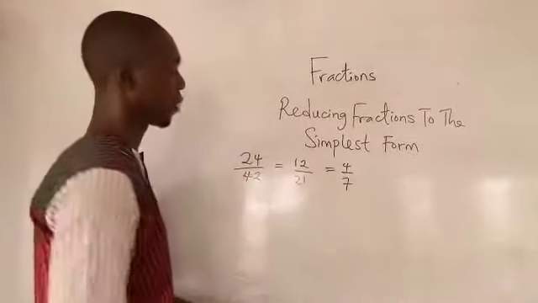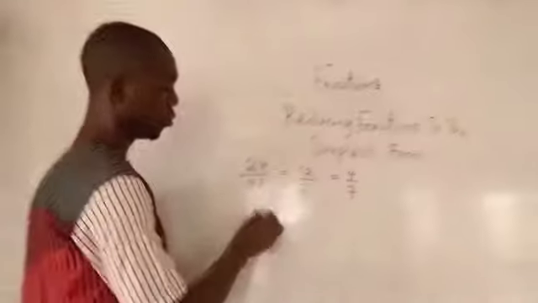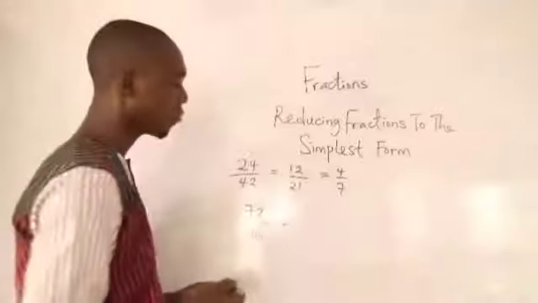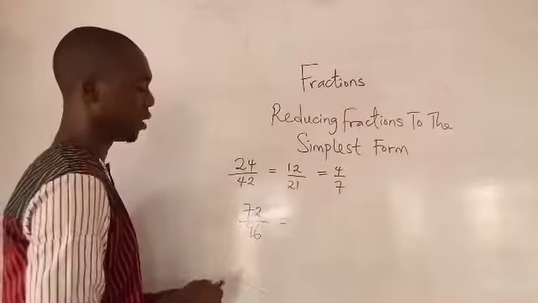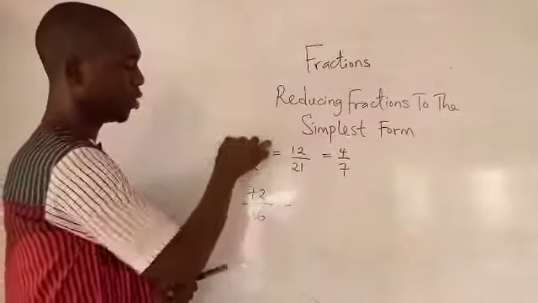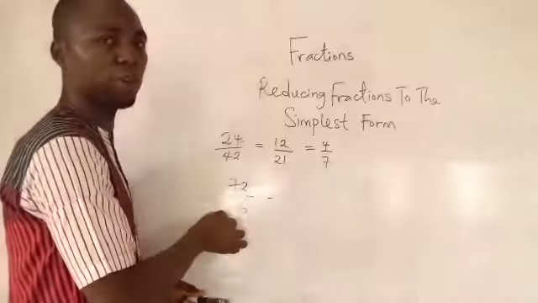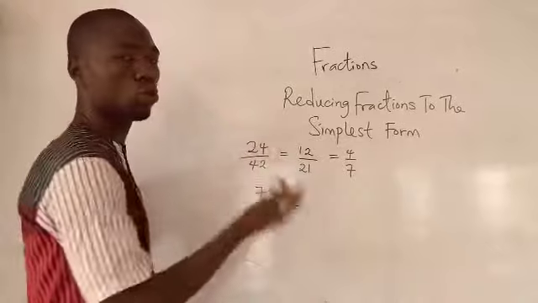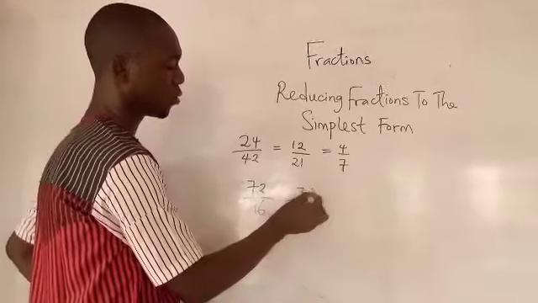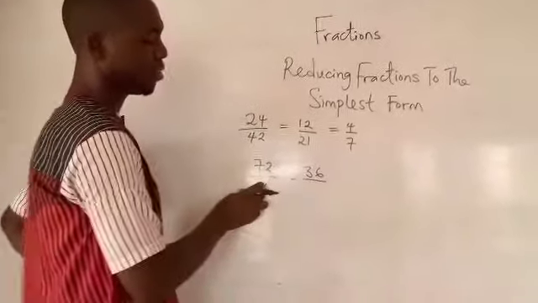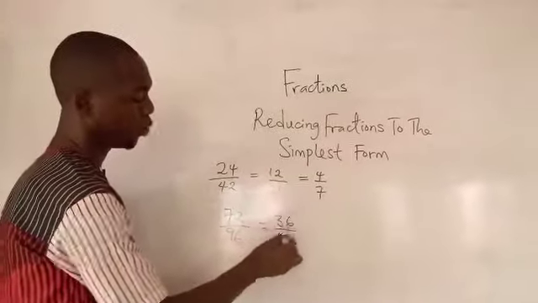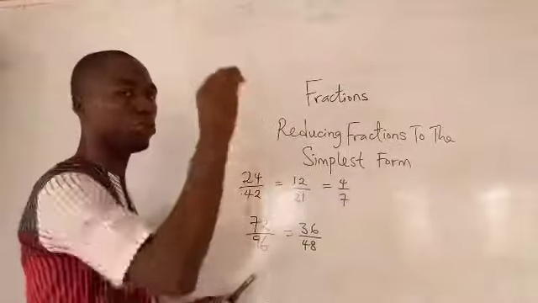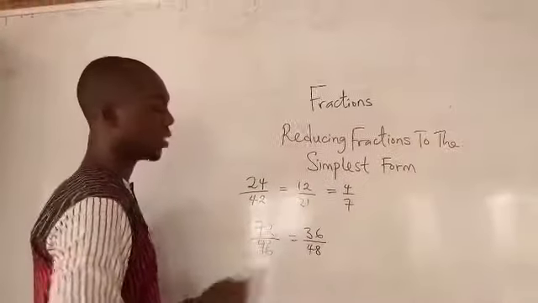Now let's take another example: 72 over 96. Like in the previous example, they are both even numbers. So if you divide 72 by 2, you get 36. If you divide 96 by 2, you get 48. And we don't need to count 72 and divide by 2. We can simply say